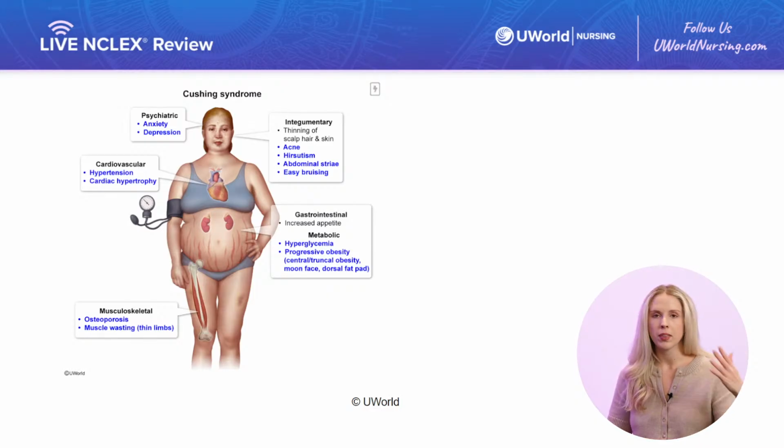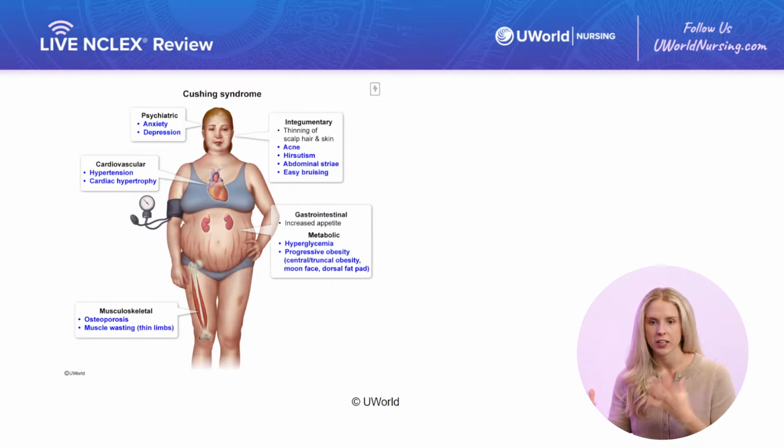A lot of things that result from this increased appetite include hyperglycemia, or increased blood sugar levels. Clients will also see progressive obesity. So this is kind of where we get this progressive obesity leads to our hallmark Cushing syndrome manifestation. So when we think Cushing syndrome, we think that central and truncal obesity, like that midsection is a little bit heavier. We can see moon face, so a really round face by extra fat deposits going to the face,